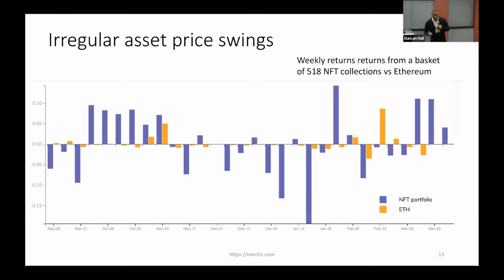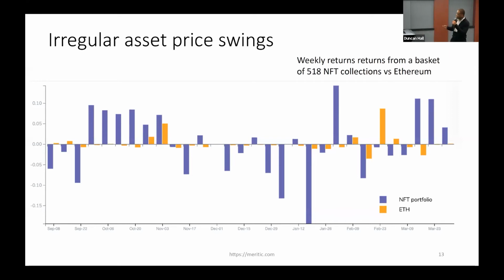And when you have that problem, a very small percentage of these assets are transacted on, but you also notice that the prices of the untransacted assets are changing. So you start to wonder what is driving the returns on other assets. What we're looking at here is the weekly returns, from September of last year to March of this year, of a set of NFT collections